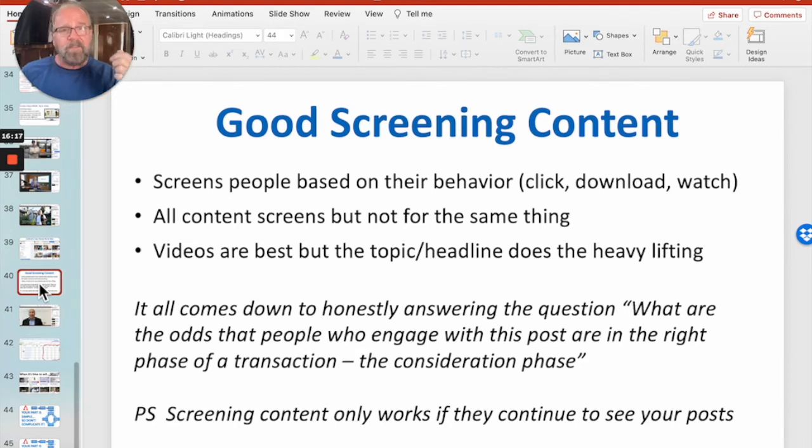And I'll give you this one extra tip here. Know this, that if you just shoot a video, because the average view is 5 seconds, and you don't get into it, and you start with, hi, it's Bill with ABC Real Estate and Home Loans, blah, blah, blah, you've buried it. You got to get them right up front, baby. Don't bury the lead. Rule number 1 when it comes to advertising, don't bury the lead. Whatever's in it for them, first thing. Your topic or your headline does the heavy lifting. Your content makes them like you, makes you look smart, makes you not be boring by yakking on and on about this stuff. But the topic or the headline, how do you qualify for